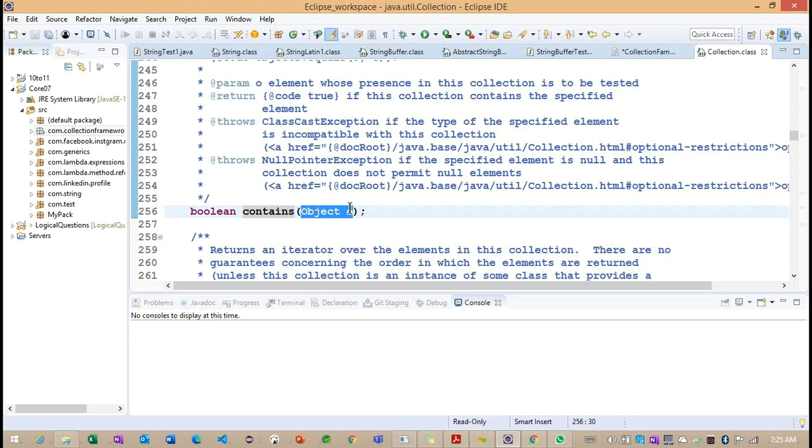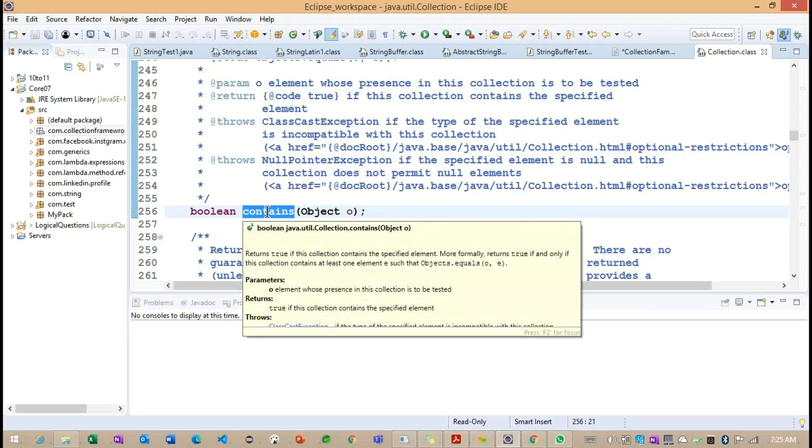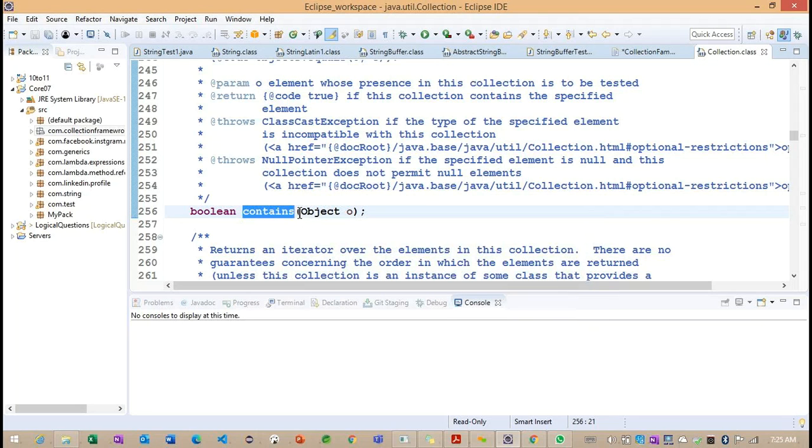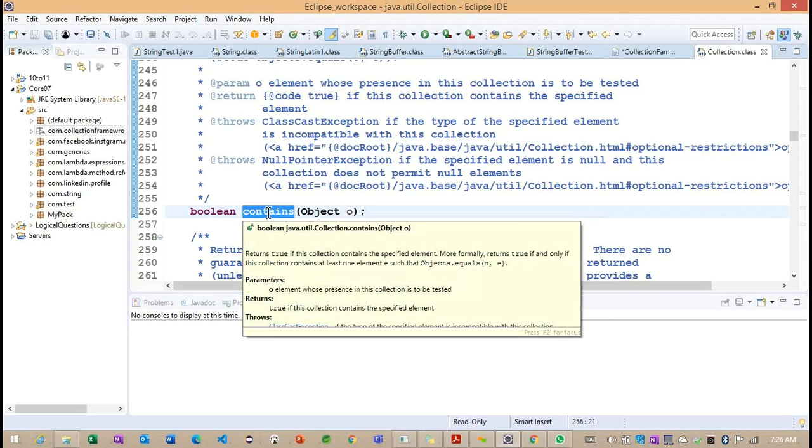So using the instanceof keyword, we'll try to convert the same object into the particular type here. But here we need to understand that the contains method cannot know what kind of data will be stored, getting the point, at runtime here. So in that case, what we can do is define the object as a parameter. And now we need to understand the purpose here.